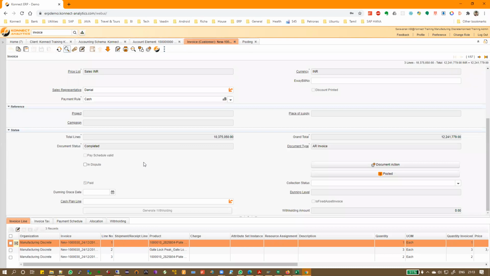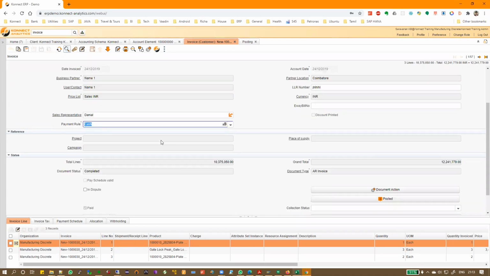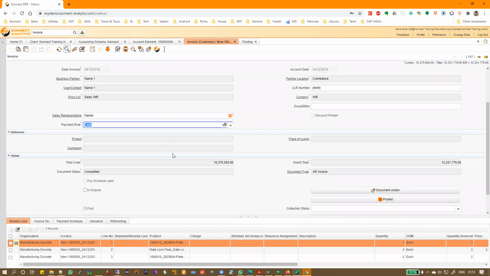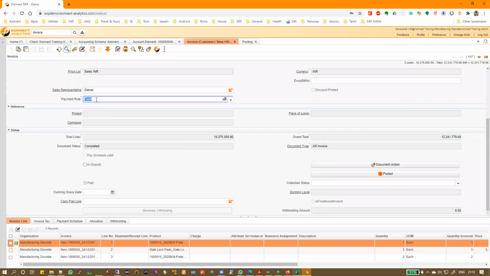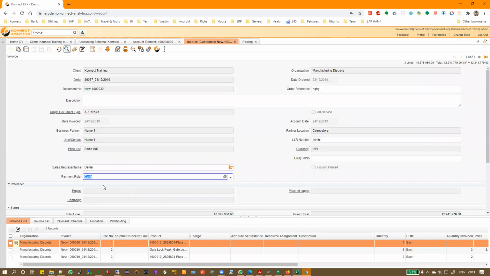What does the payment term say here? Oh, it says cash. Okay, so this is a bit tricky here because it says cash. But that means there is a payment made, but the payment is not made immediately. I'll tell you what the meaning of that is, but let's assume that it's a credit sale.